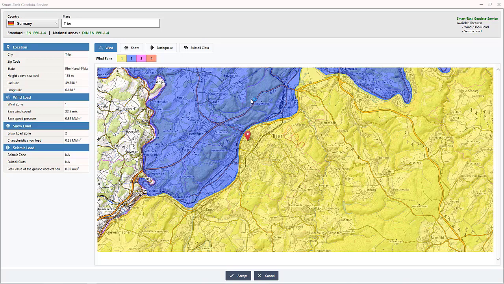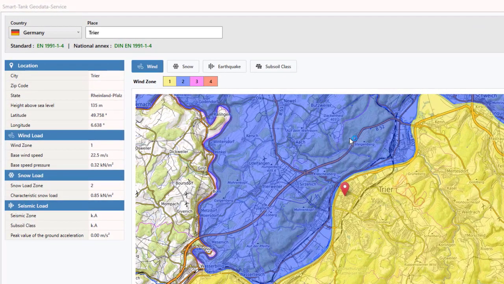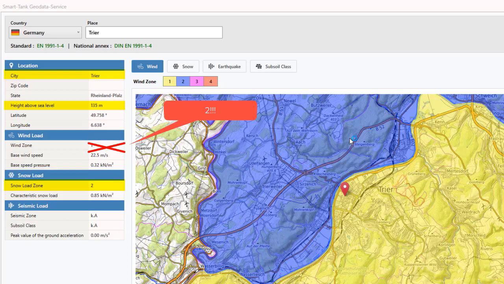I will show you how easy it is by using the example of the city of Trier. I note to myself: Trier north of the Moselle, wind load zone 2, snow load zone 2, height over NN 135 meters, earthquake calculation not pending.